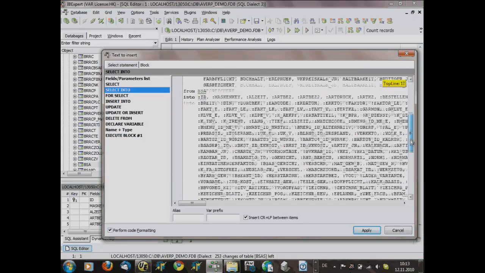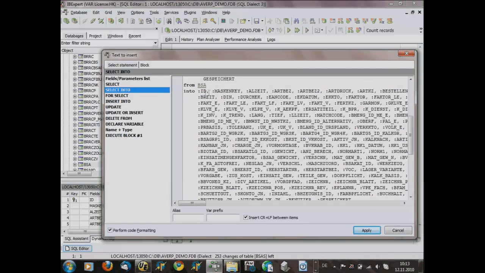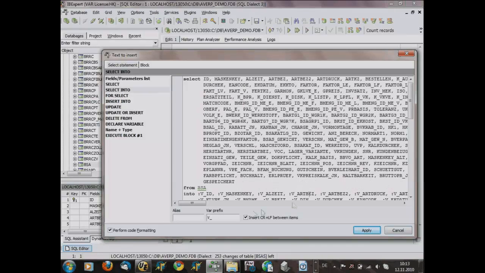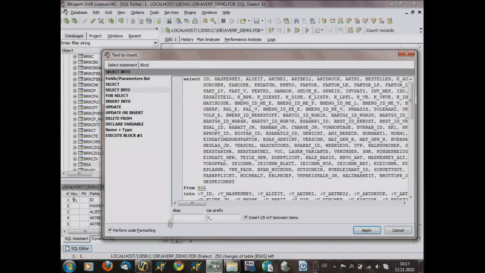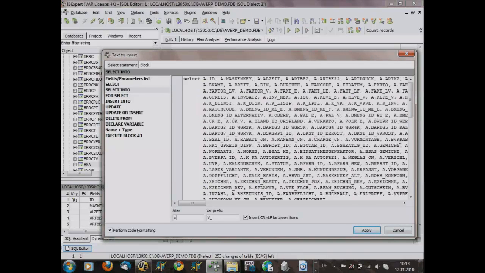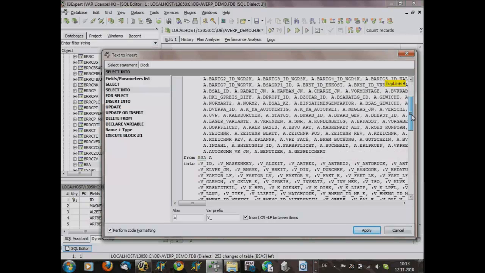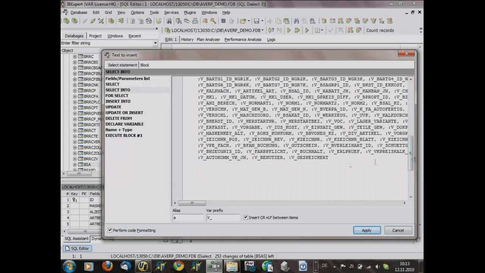We can also have, for example, here a select into, a list of variables, and when we say, okay, each variable has a specific prefix, we can, for example, say, okay, every variable is set by a prefix of v underscore, and the alias name for the BSA is, for example, the A. So this is sometimes a little bit easier to write such a list.